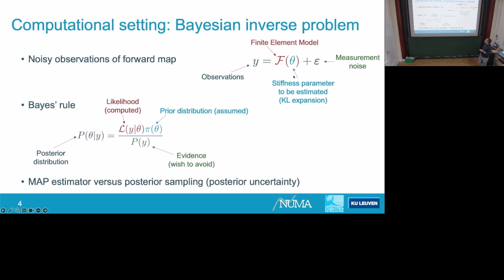So Bayes' rule then tells you that you can obtain a posterior distribution of the parameter given some measurement y as, so this is the likelihood, the probability that the data was generated by the parameter. This is basically a measure for how well the parameter can explain the data. That's how people often say this as well.